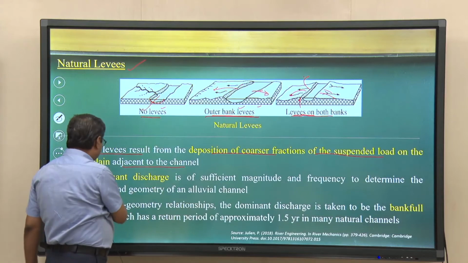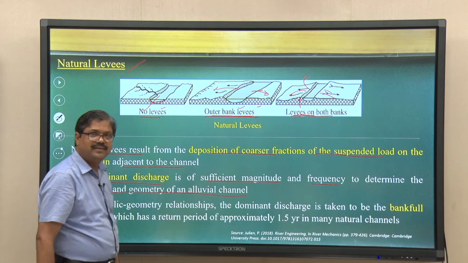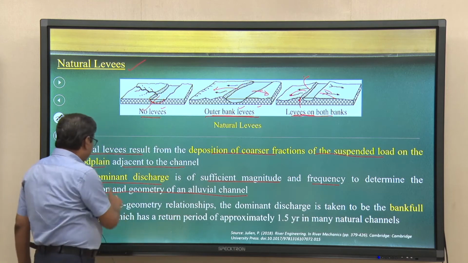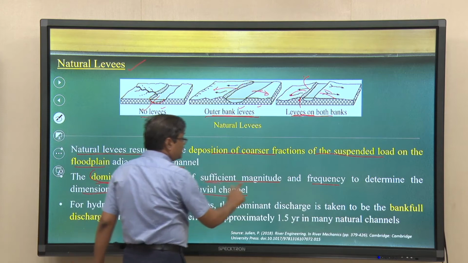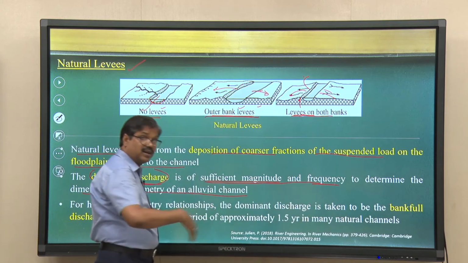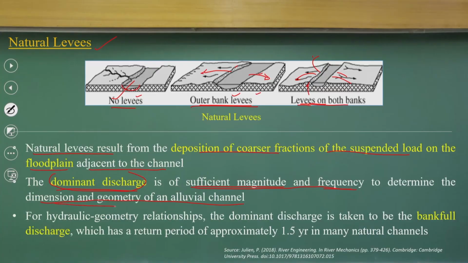Now, we also talk about dominant discharge, because a single discharge may not represent it. It depends upon sufficient magnitude and frequency to determine the dimension and geometry of alluvial channels. Just to repeat it: the dominant discharge is the one of sufficient magnitude and frequency of occurrence to determine the dimension and geometry of alluvial channels. In this lecture, we are not going into more detail about dominant discharge, but